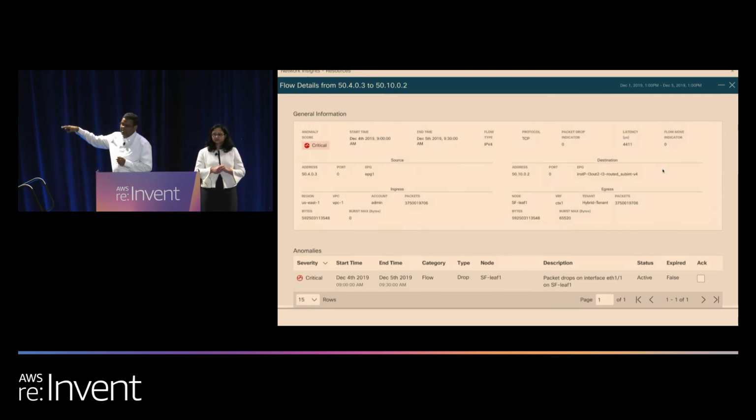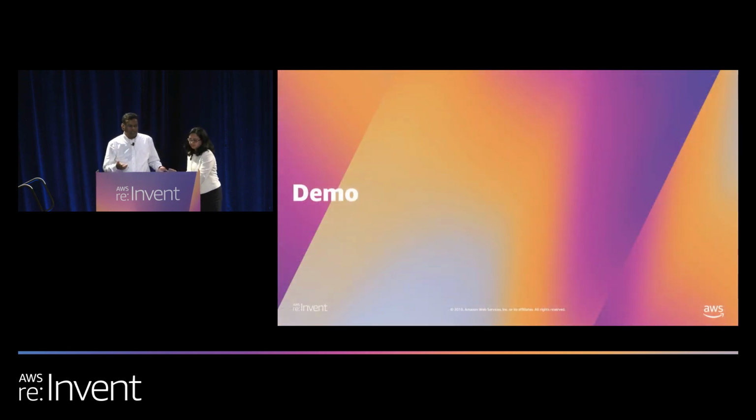It will tell me exactly all the details, including the 5-tuple information that you need for your troubleshooting. Or if you want, you can capture a packet capture as well. So all this on-demand information is there. That helps your IT operations pinpoint the problem rather than going between different teams. This is one of the core value props for us, to watch end-to-end operations between the two environments. With that, I will hand back to Mayuri, so we can see what other things we are working on.